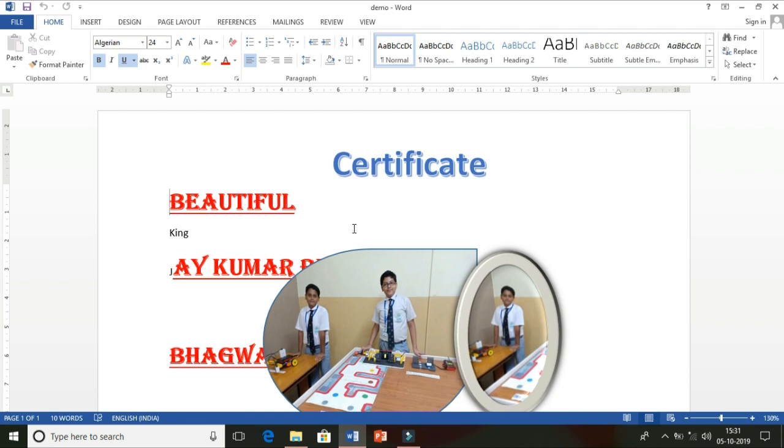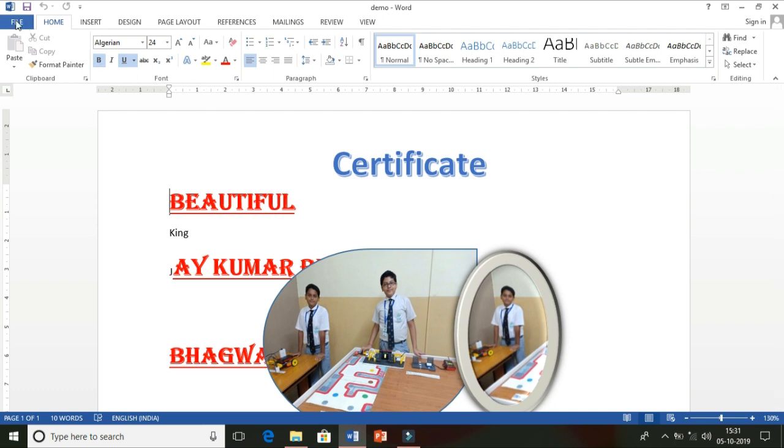Next option, you can also convert this file into PDF format in Word 2013 without any extra software. PDF is the portable document format, a format shareable on the internet. Suppose you want to share this file, it is better to share in PDF format. The size will also be reduced, and nobody can edit it directly in the PDF.